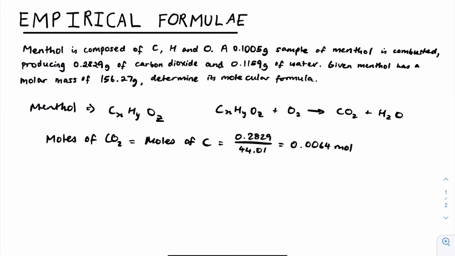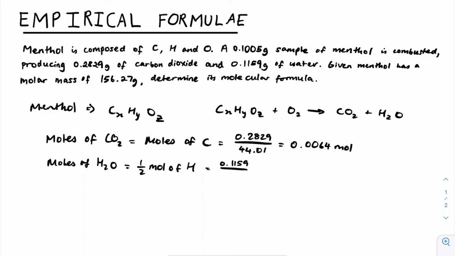So now let's do it for the hydrogen. So the hydrogens only exist in the water. They are not in the carbon dioxide, and hence, if we find the moles of water, we can figure out the moles of hydrogen. So there are 2 atoms of hydrogen in every water molecule, which means that the number of moles of hydrogen will be double the moles of water, as for every water molecule there are 2 hydrogen atoms. So moles of H2O equals half the moles of hydrogen,